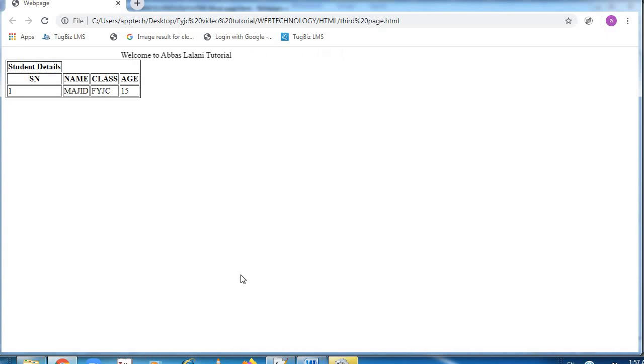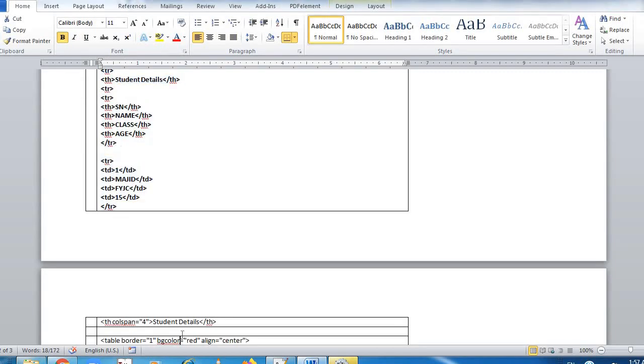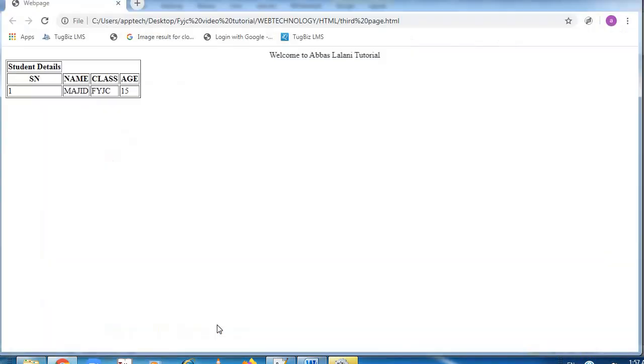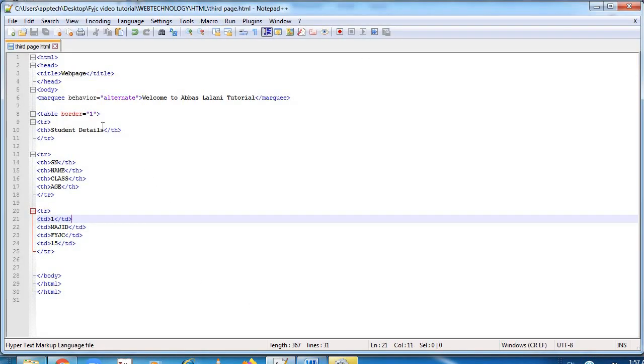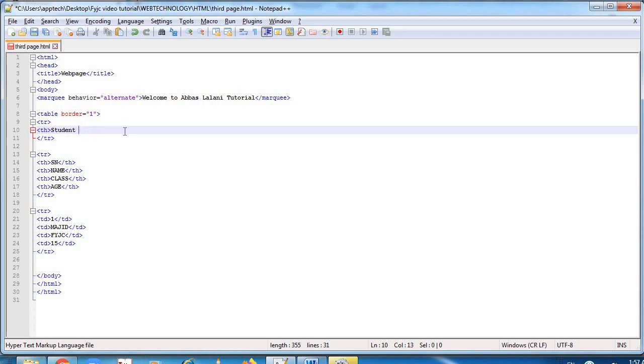Now we will modify this table a little bit. Just remove this, and your table heading colspan is equal to 4.